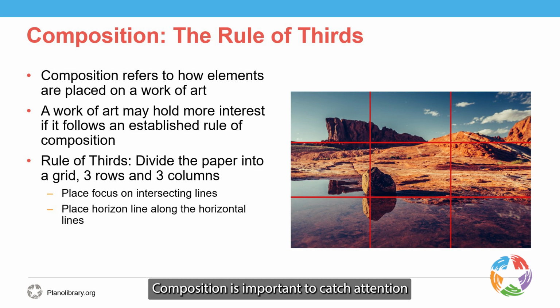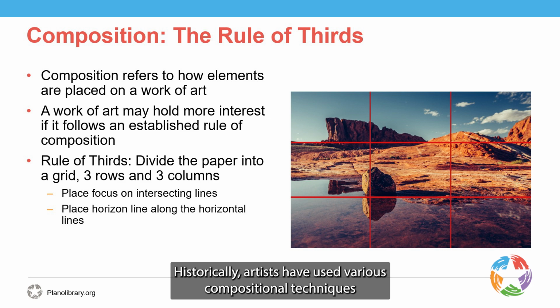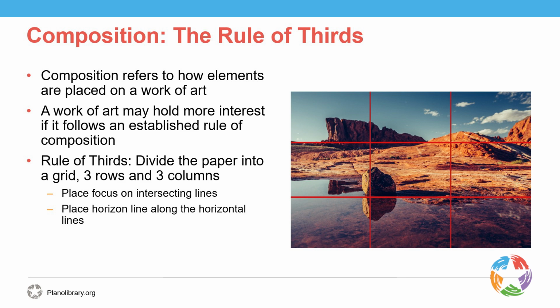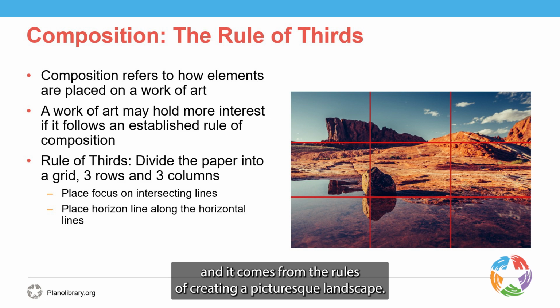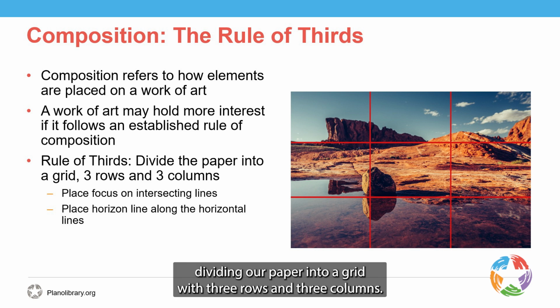Composition is important to catch attention, and it can create a dynamic, tranquil, or animating effect of the subject matter. Historically, artists have used various compositional techniques to arrange the subjects of their works and create balance and harmony. The rule of thirds is a popular compositional technique for landscapes, and it comes from the rules of creating a picturesque landscape. How the rule of thirds works is we create a tic-tac-toe grid, dividing our paper into a grid